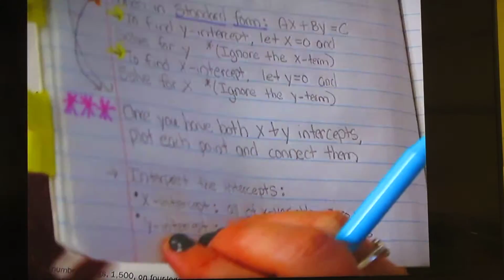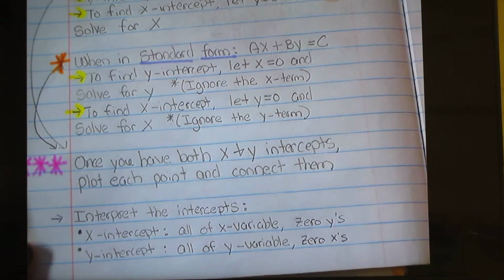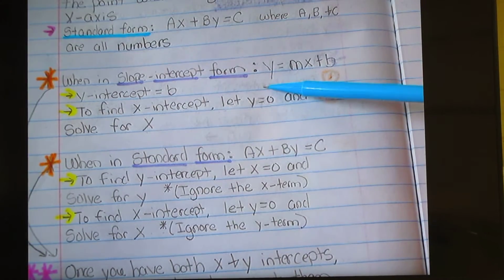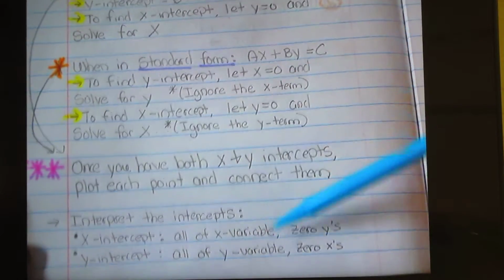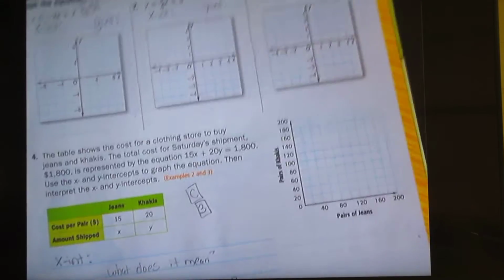But I'm going to move on to doing one of each type of example. So I'm going to graph one example that's in slope-intercept form, one example that's in standard form, and I'm going to do a word problem so that we can see how to interpret. Alright, so for number one